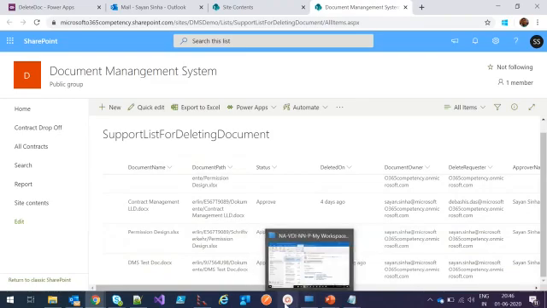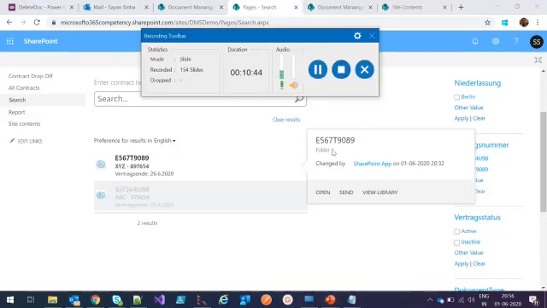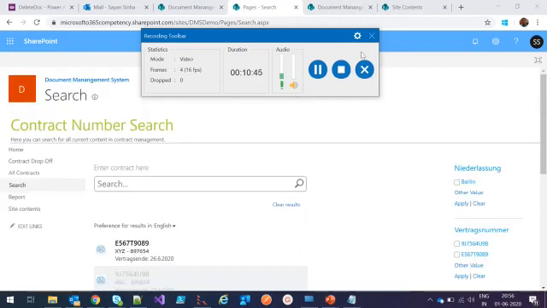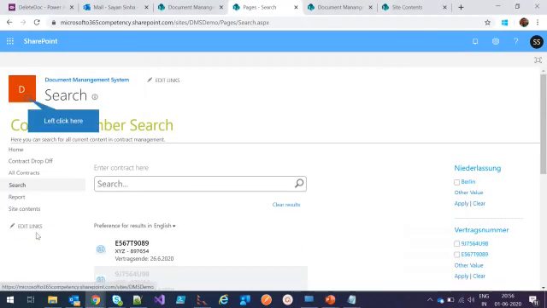Now I'll go on pause, and I'll move to the third functionality, which is a search functionality. Hi again. So now I've landed on the search result page, and here we can see